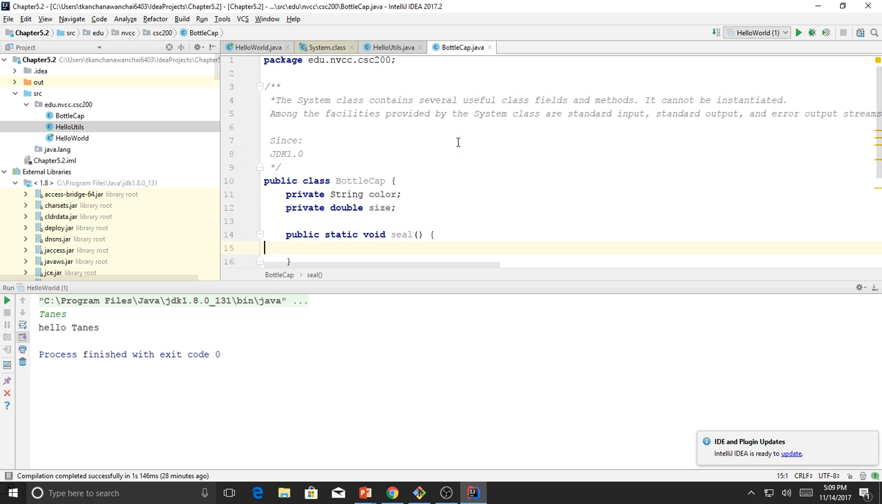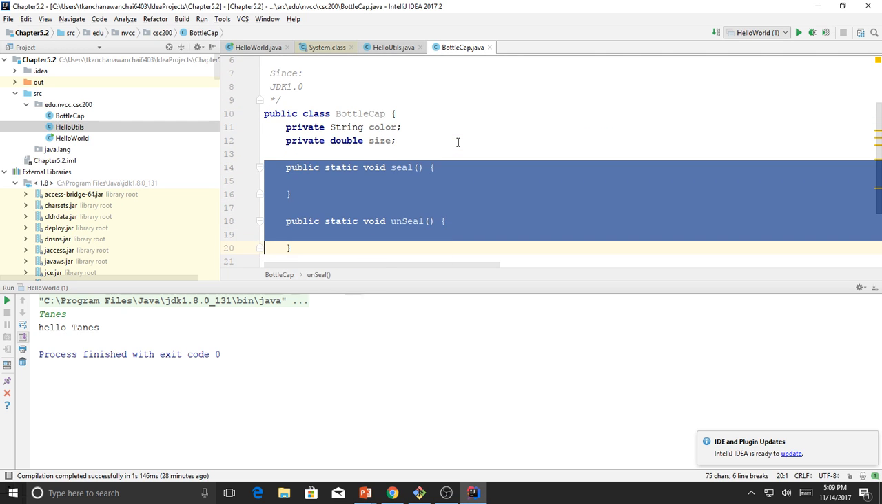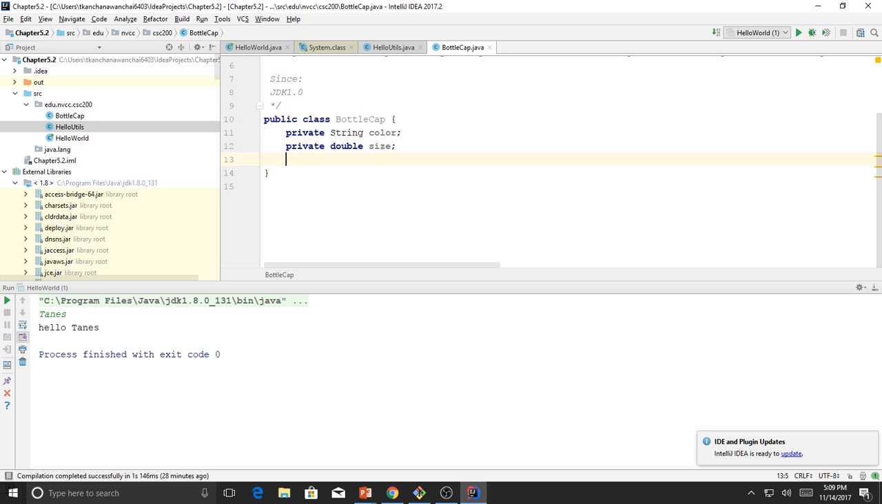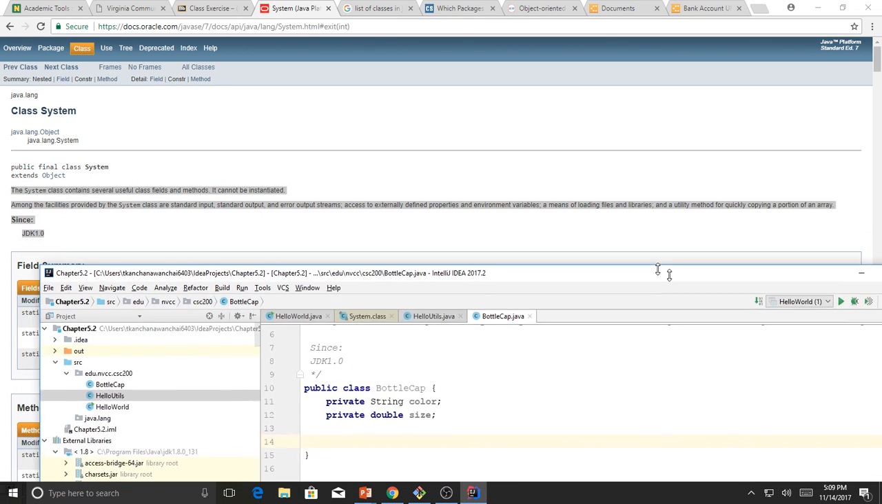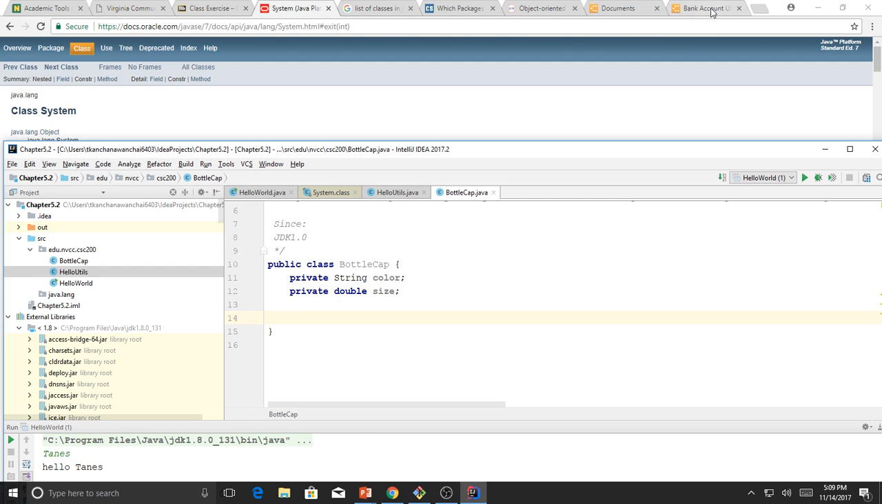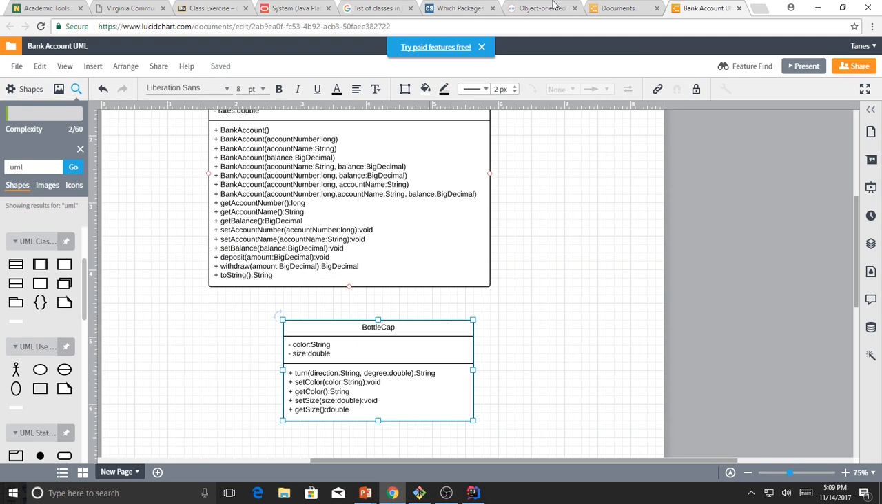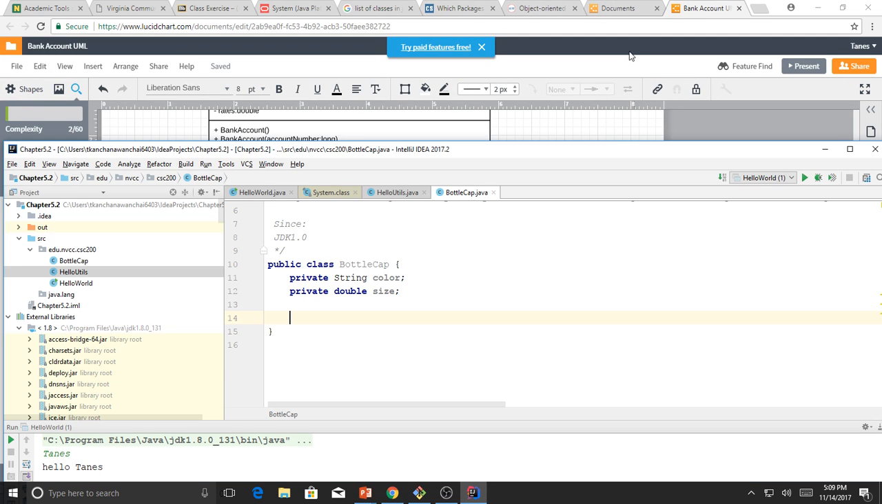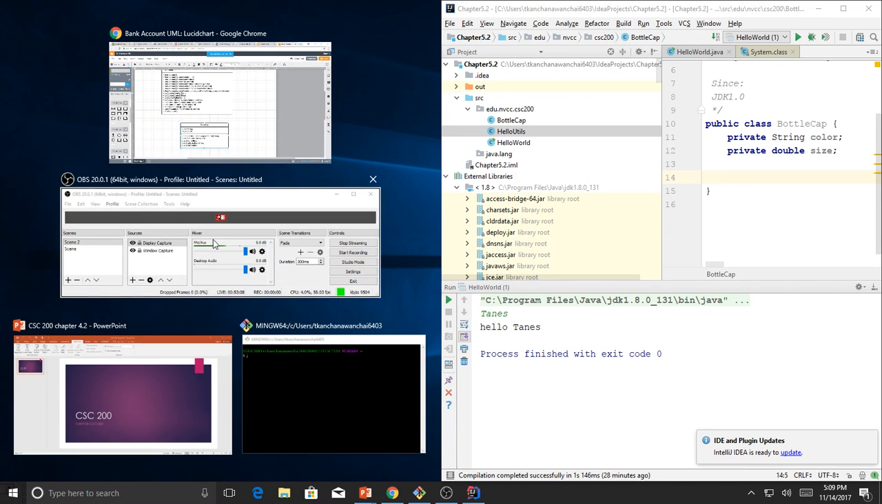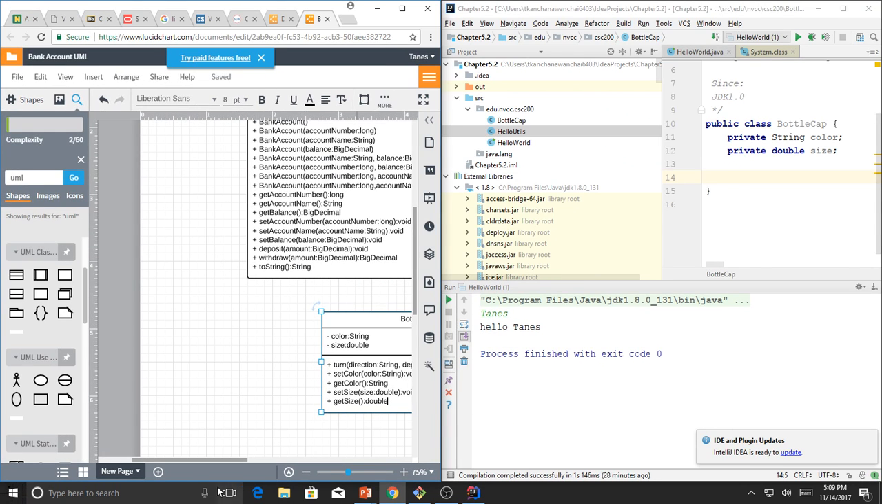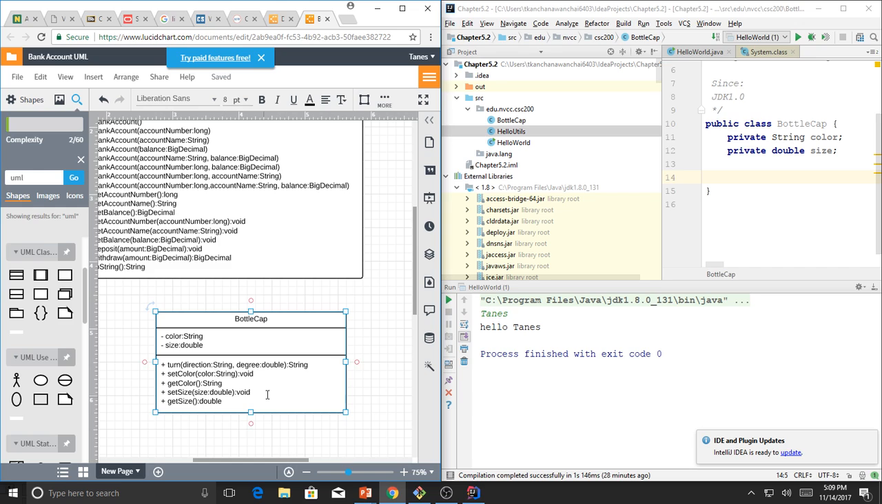And I want to start to implement now, right? So I have to follow my UML diagram, correct? Because I designed it. You see, it's easier to just follow the design that you have created right here. So I have the color, string, size, double. And what do we need? Now when you create an object,